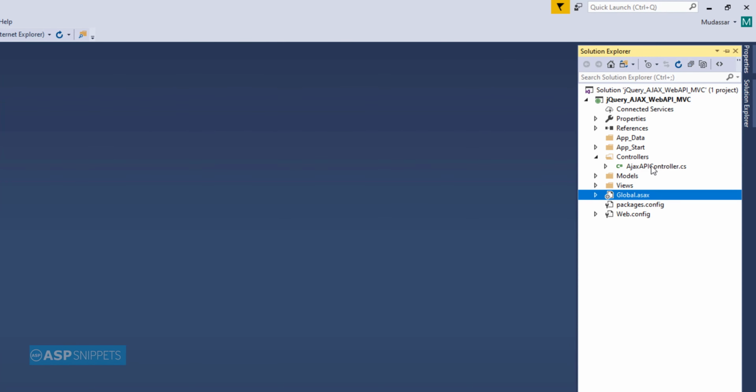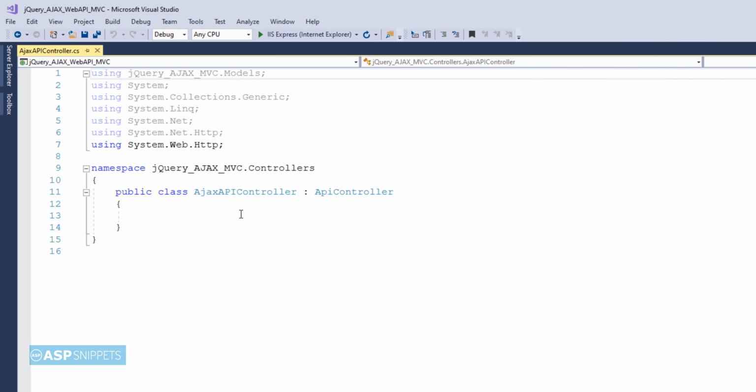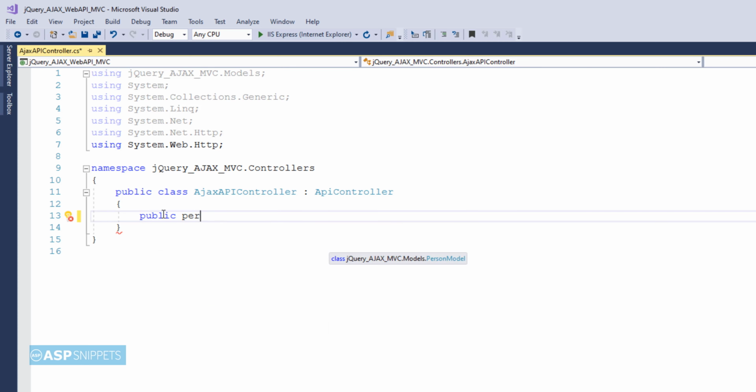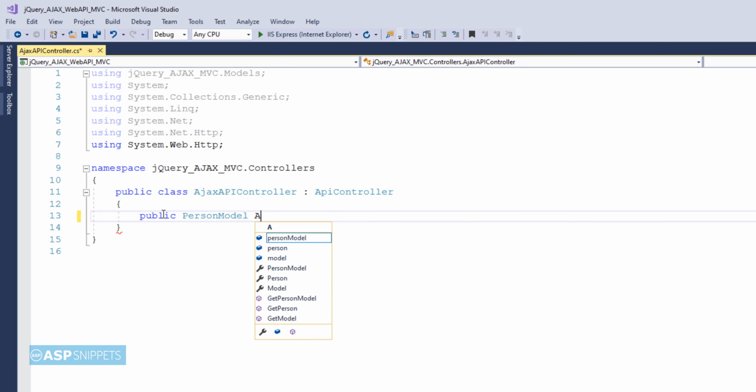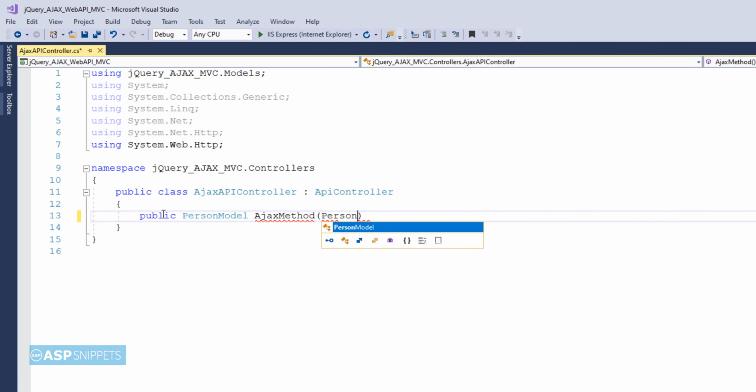Now let's move back to the web API controller. So here I'll be creating an action method. This particular action method will accept an object of person model class and also return an object of person model class.